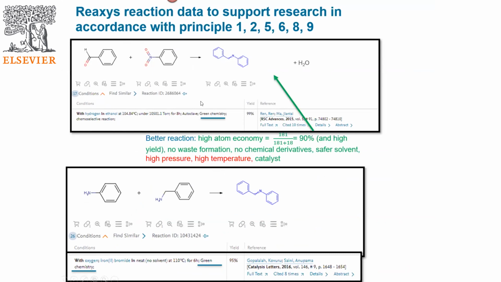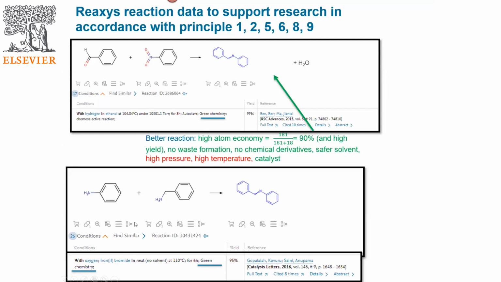And to help you, Reaxys indexes not only conditions but also additional data. For example, you can see it's green chemistry. So this reaction is referred to as a green chemistry reaction. Another green chemistry reaction forming the same compound is presented over there. So it's also green chemistry, and this one is carried out even without any catalyst,